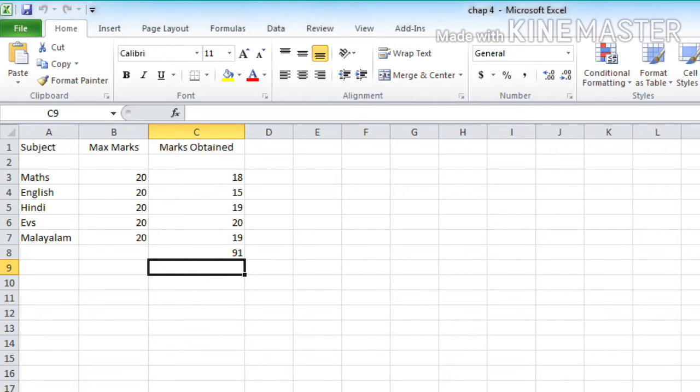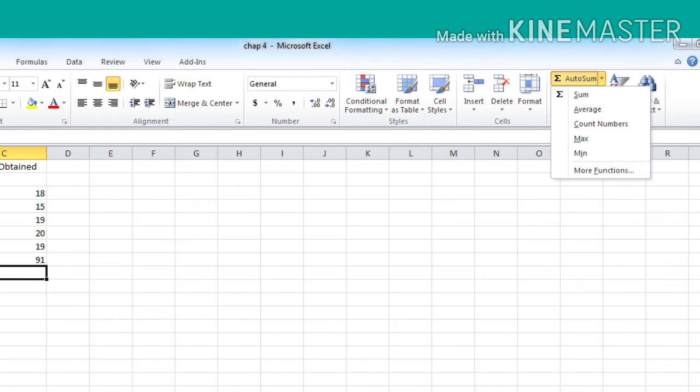Okay, let's see. So first select the cell below the sum. Here you can see, yes, in our last class we have already calculated the sum, that is 91. Okay, so just below it you can see a cell, so select the cell below the sum, and after that click on the drop down arrow of the auto sum feature. Okay, yes, so here you can see the auto sum feature in the editing group. Okay, so click on its drop down arrow.